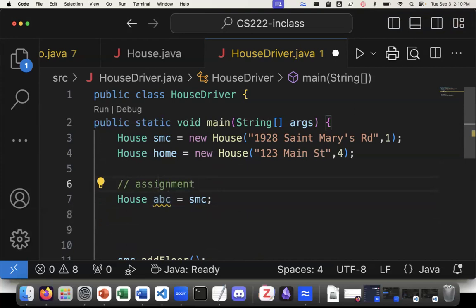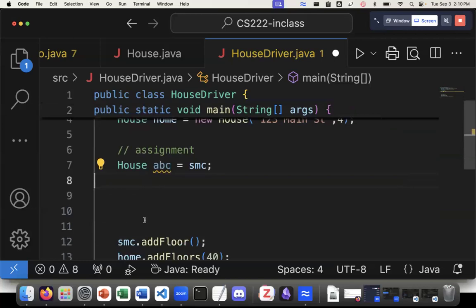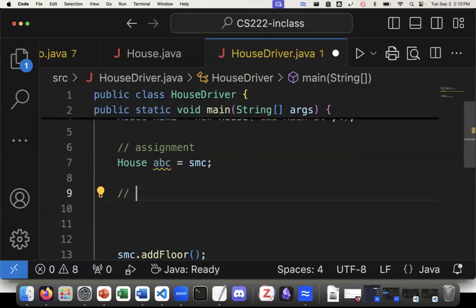Okay, so if we're testing assignment, so we've assigned ABC to SMC or SMC to ABC. Assignment works right to left. So instead of SMC pointing to ABC, it's the other way around. So ABC has the data associated with SMC. For equality,